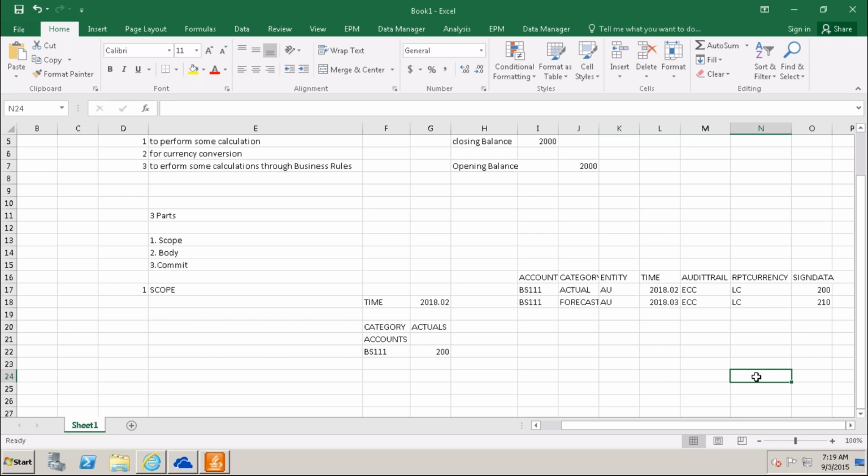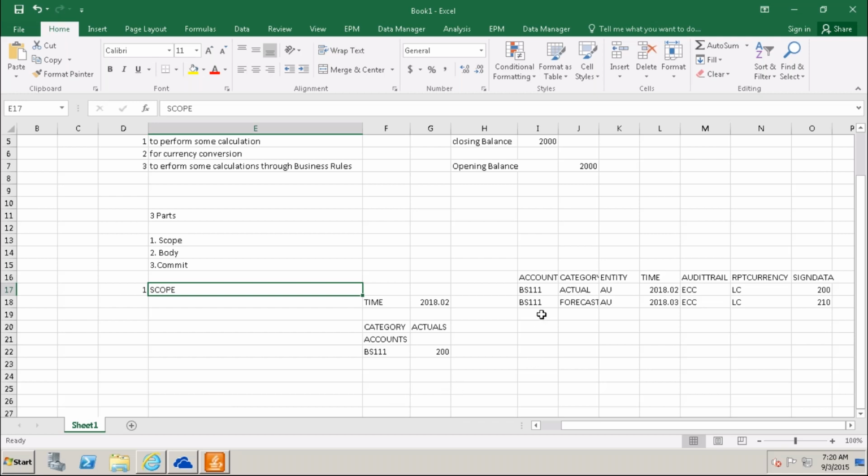In the scope, you write what your requirement is, on what dimensions you want to perform this activity. That we can write in the scope.